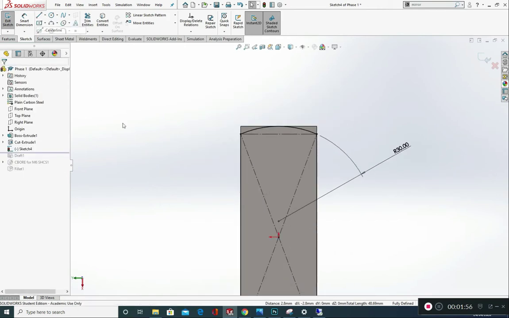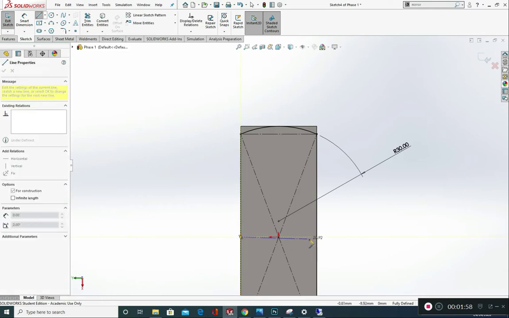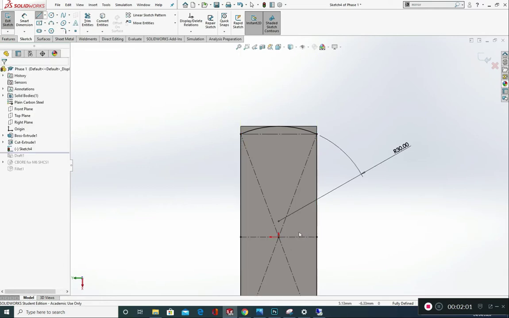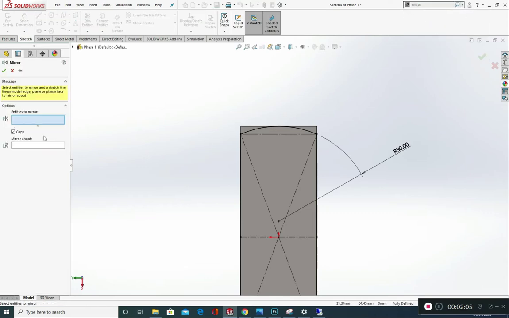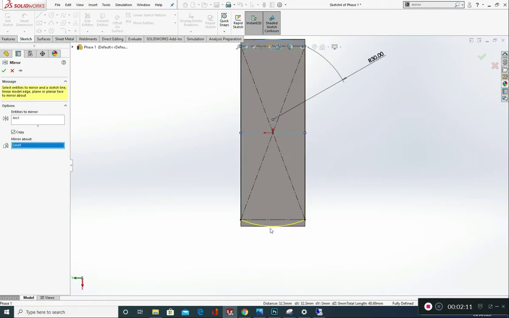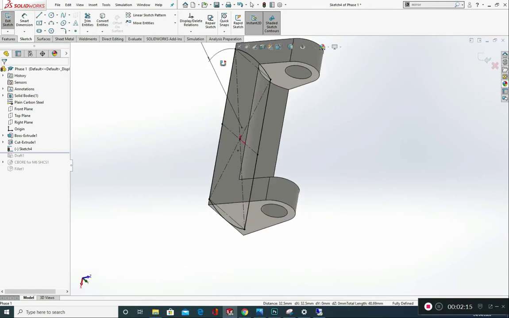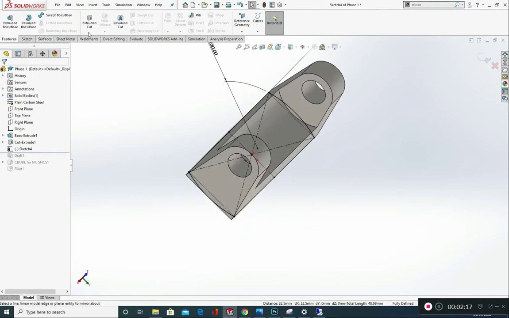You can then produce a center line through your origin, choose to mirror entities, mirror the arc, and mirror about this center line. And you get a preview here in yellow, then green tick. From here we can go to features, extruded cut,